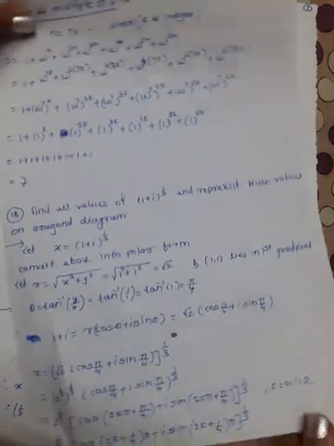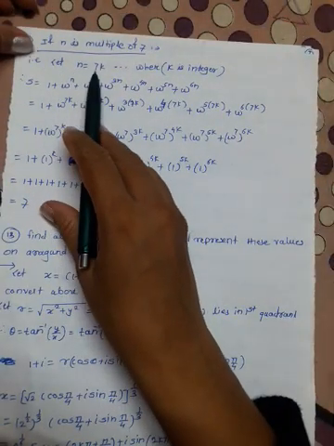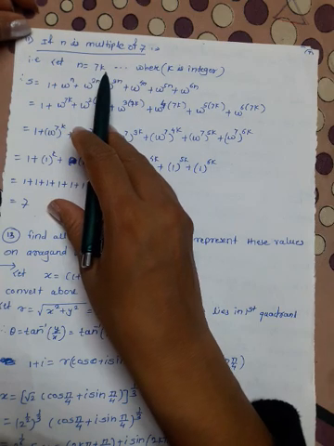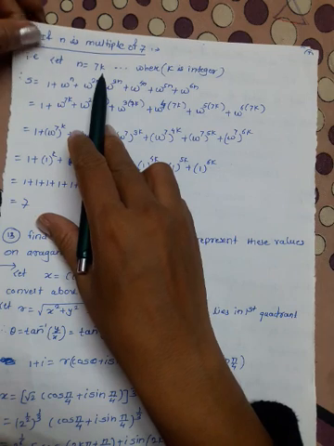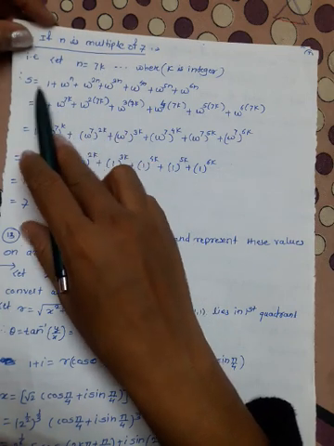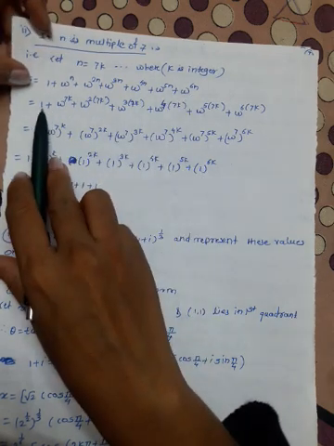Now consider the second case. If n is a multiple of 7, then n can be written as 7 into k, where k is any integer, positive or negative. Now consider this sum. S is equal to this, as usual, the sum. Again